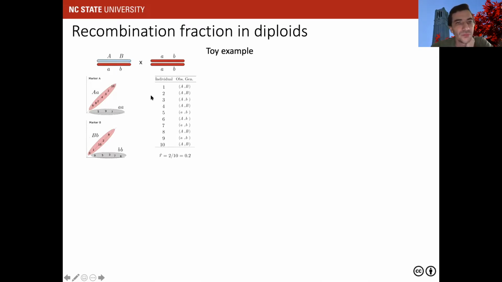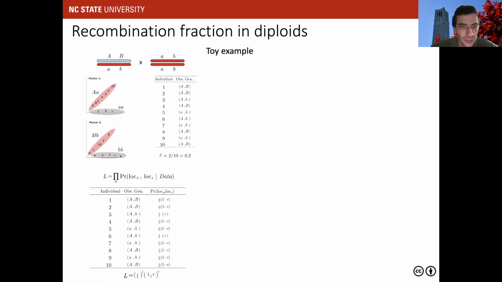So I observe individual one, and just ignore the second letter here because it's not informative, right? So let's just acknowledge the first letter here. So for my first individual, I have big A, big B, big A, big B, and so on. For the third, I have a recombination here, and so on. So we have two recombinant events here, two recombinant individuals, 6 and 3. And of course, if I divide 2 by 10, which is the total number, our recombination fraction is